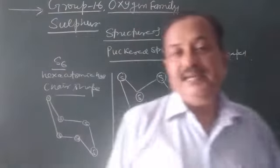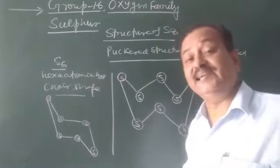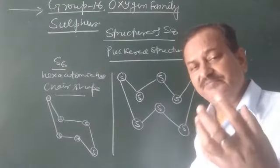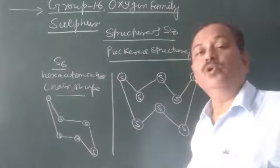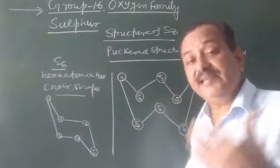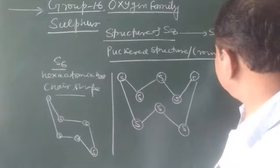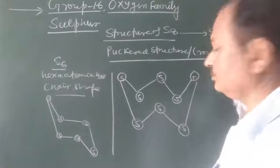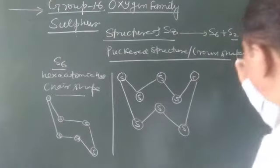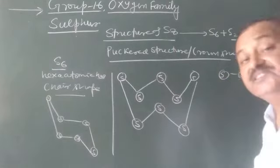Now, as you know, we are heating to get different forms. I have said that plastic sulfur is obtained by pouring molten sulfur into water, just like last time. Then at very high temperature on heating, it further breaks into S6 plus S2. Now this S2, it is just 1 and 2. It is diatomic